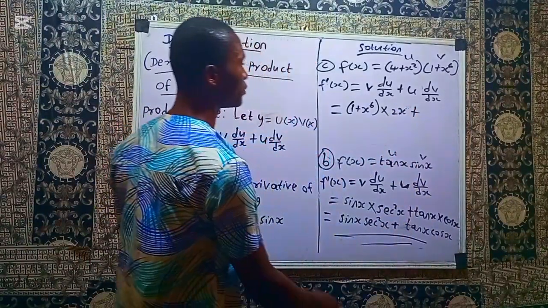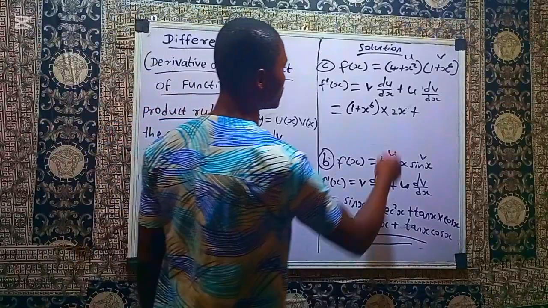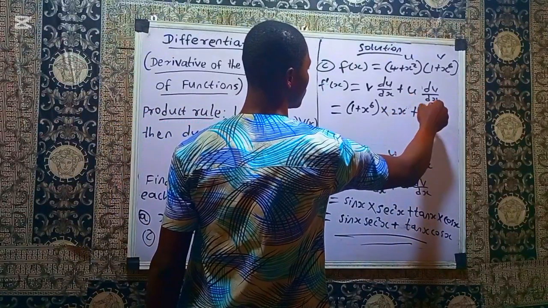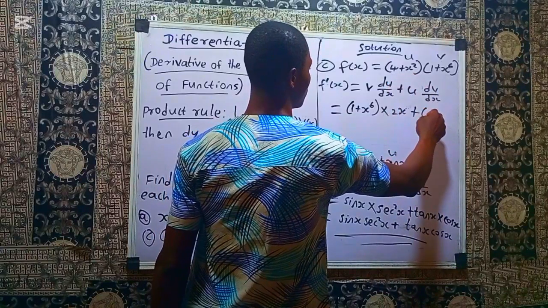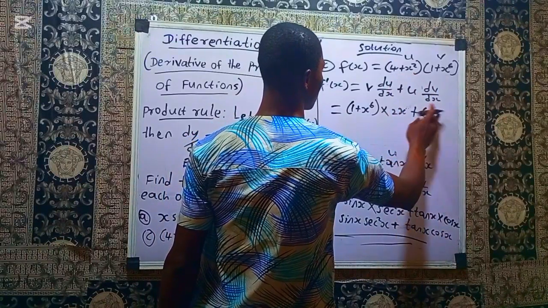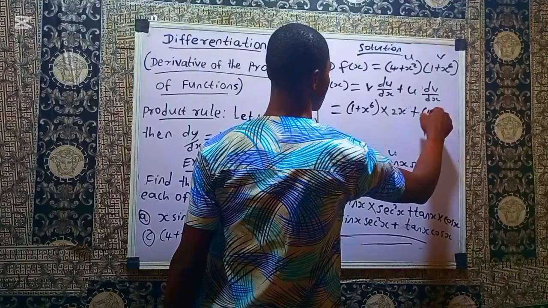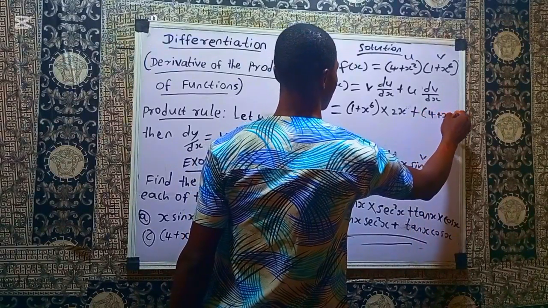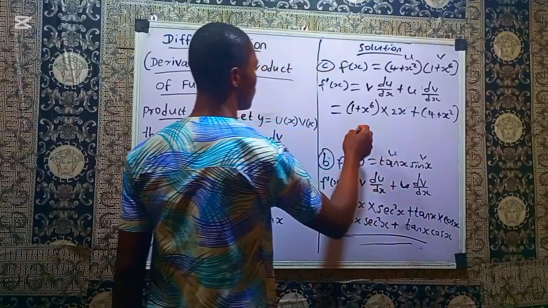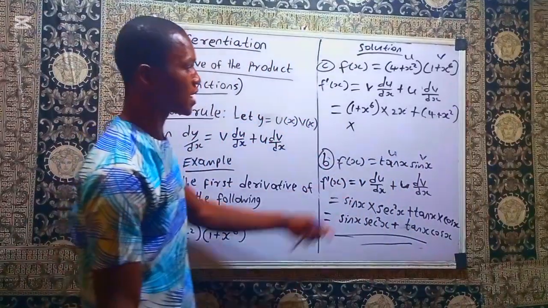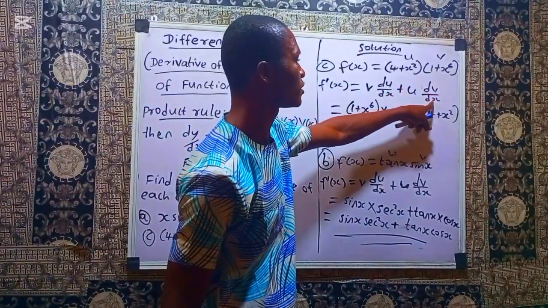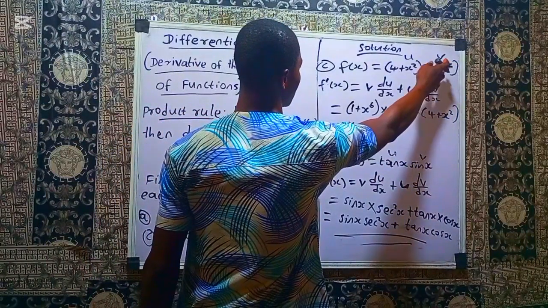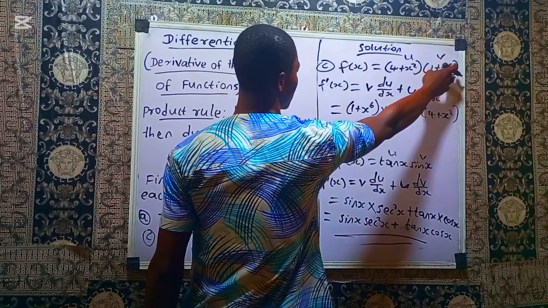We'll put addition symbol plus, we'll look at the other one. The second one will have u. U is the first function. U, that's open bracket 4 plus x raised to power 2. Then we have to put multiplication symbol, and according to our formula we have to differentiate v with respect to x. Of course, v is the second function, and we have that v is 1 plus x raised to power